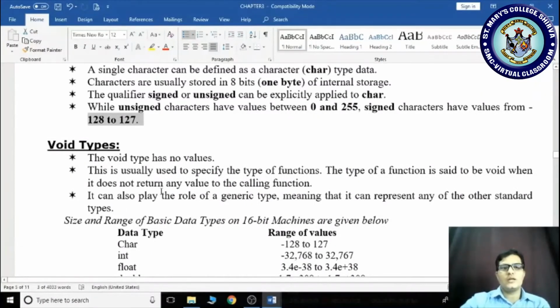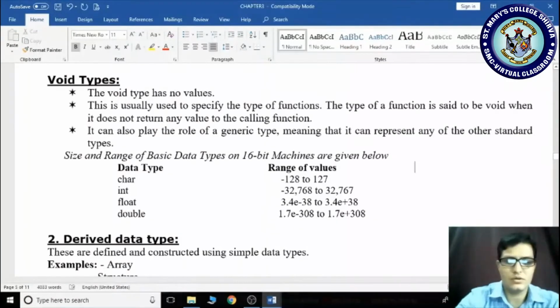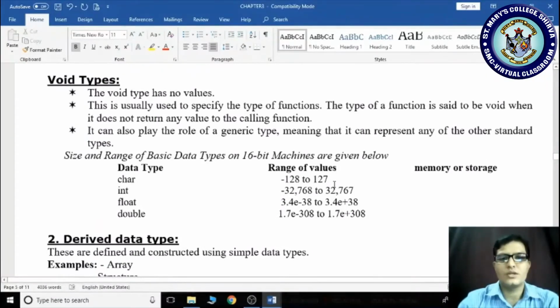Okay, right. So let us have a rough discussion of data types and their range. We have learned the char data type, in small letters, not capital. Please make a note. If you are using the char data type, its range is -128 to 127. Then what is the memory location? Please, we have to mention this also. Please make a note. Memory or storage. What is its storage? Its storage is 1 byte. It is 1 byte. Okay.